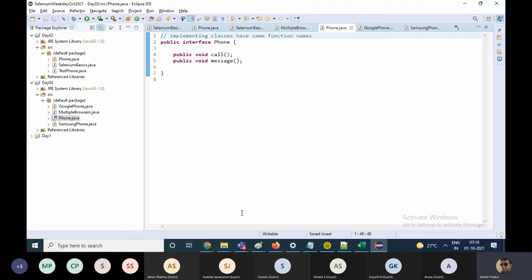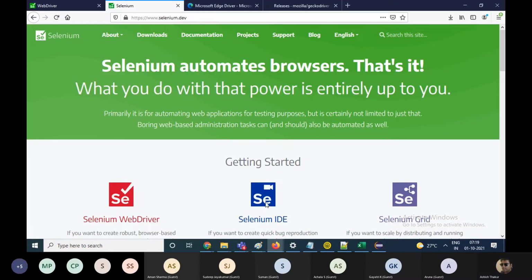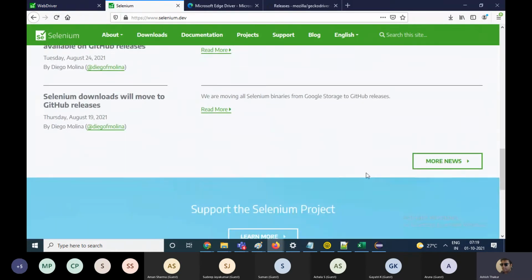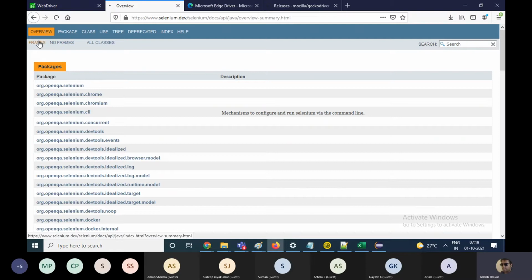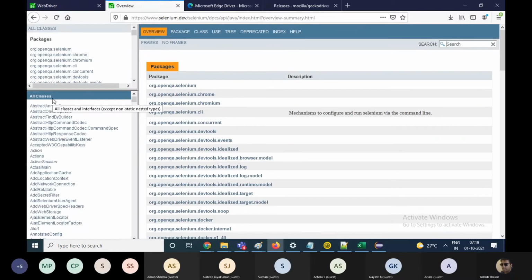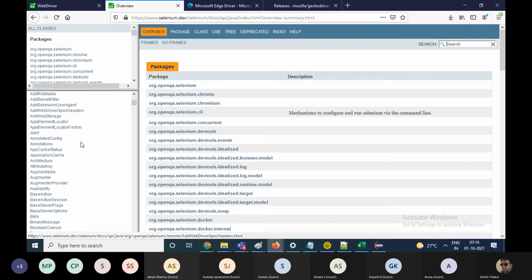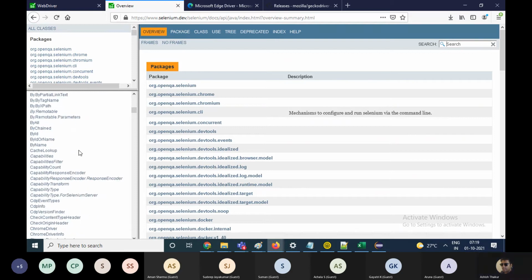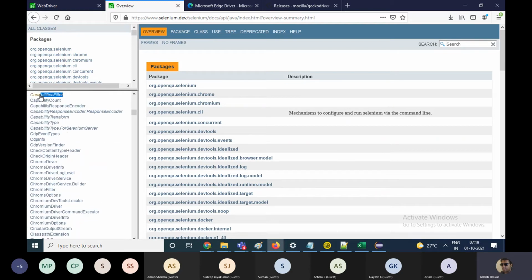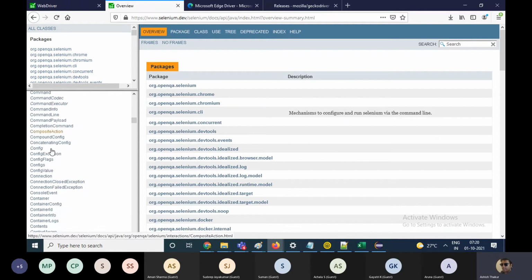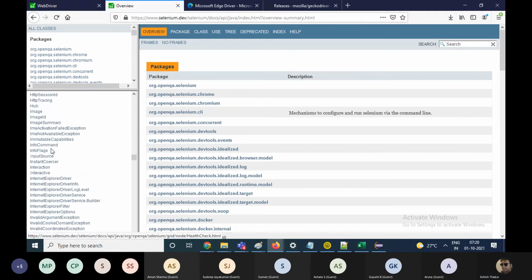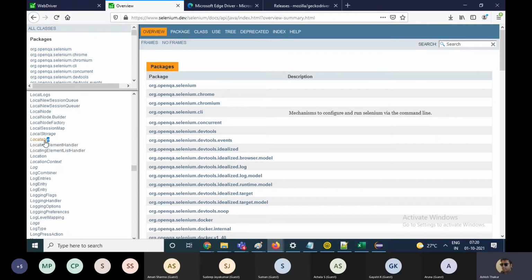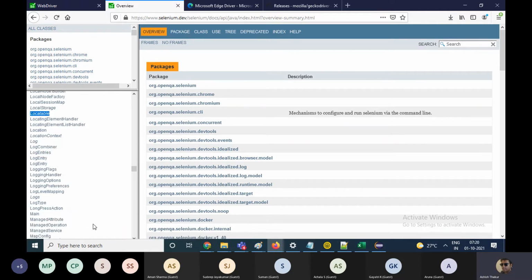All right. Now, if you come over to Selenium and go to downloads and API docs, and you switch over to the frames view, then whatever is written in italics is an interface.